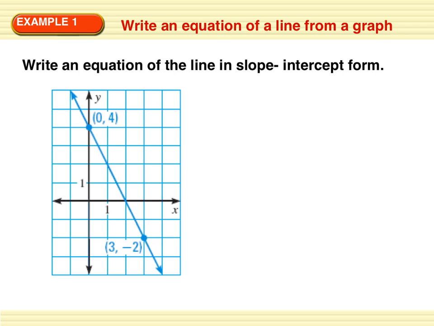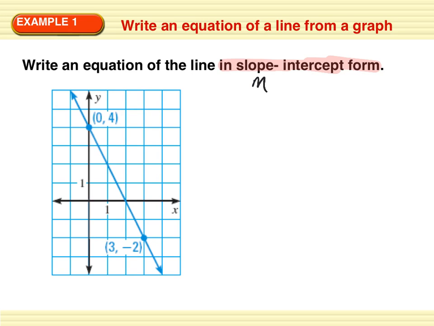Okay, so now we're going to use a graph to write an equation of the line in slope-intercept form. On this next test, what gets people here is that they forget the 2 different forms that we're going to use. Now we're starting off with slope-intercept. We'll get to point-slope in a minute. What are the 2 things that I need to know to write an equation in slope-intercept form? You need to know the slope